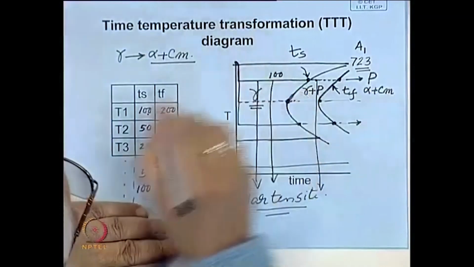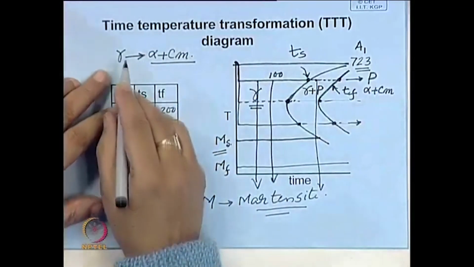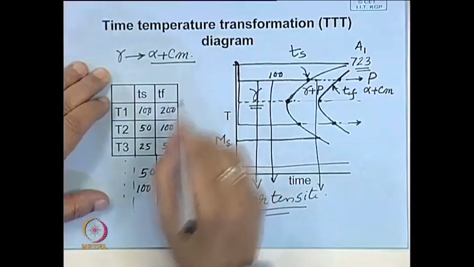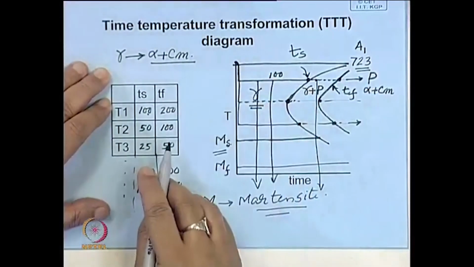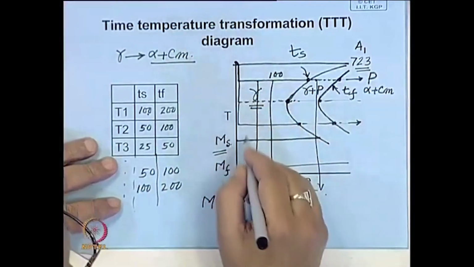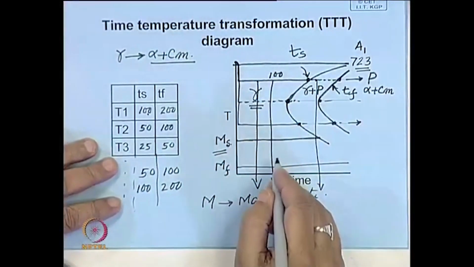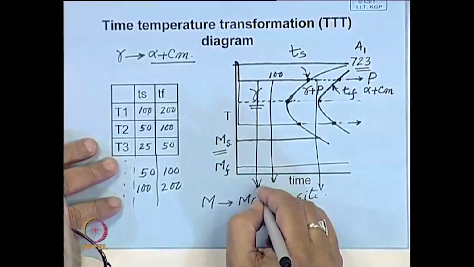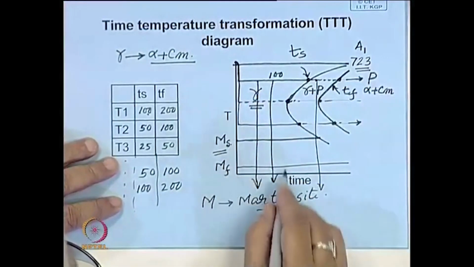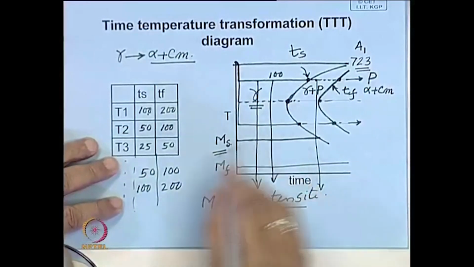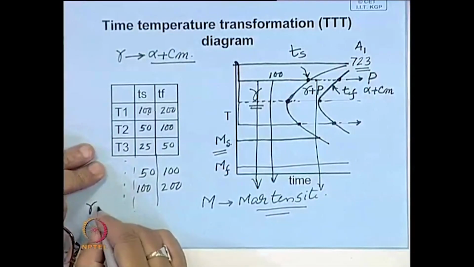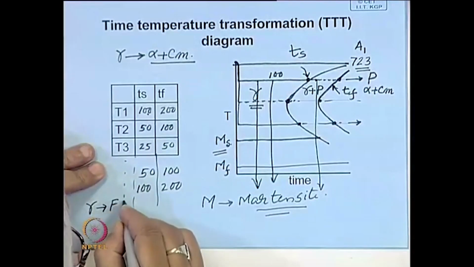Now, we know that austenite is a solid solution of carbon in iron. All the carbon is present in the interstitial sites, and if you quench and do not allow this carbon to precipitate out, so carbon is retained by force in the microstructure, then you get a different lattice structure altogether. Austenite is face centered cubic